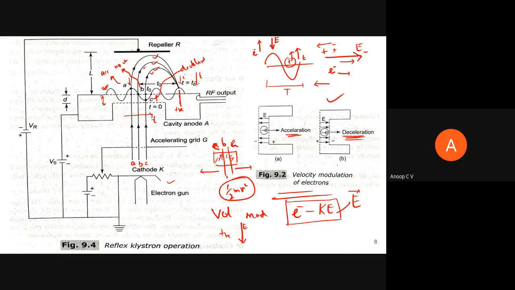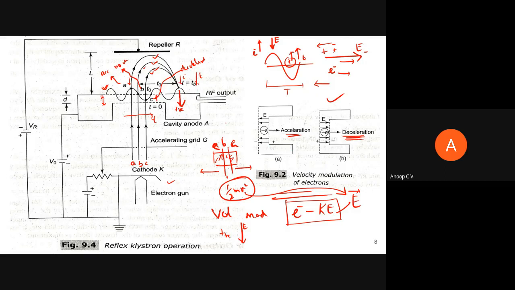So the kinetic energy of these electrons will be transferred to electromagnetic energy, right? At the expense of the kinetic energy of these electrons. If these electrons are entering at a positive peak, this is called bunching, right? If these electrons arrive at the same time at a positive peak, that is called bunching. If the bunching is happening at this positive peak, these electrons will be maximally decelerated and maximum power will be delivered, or transferred, to electromagnetic energy, right?